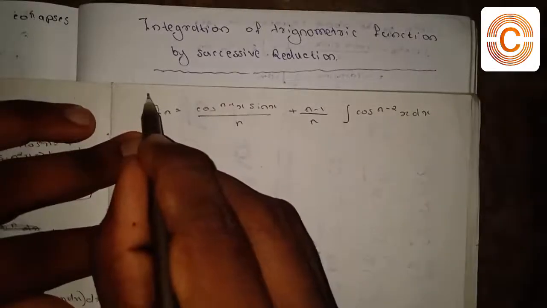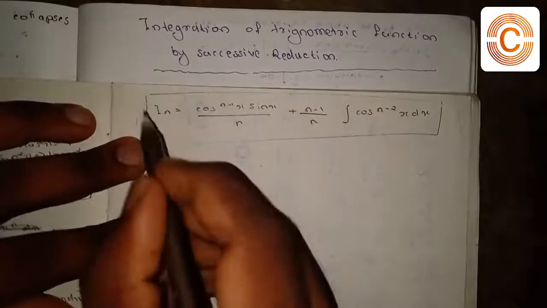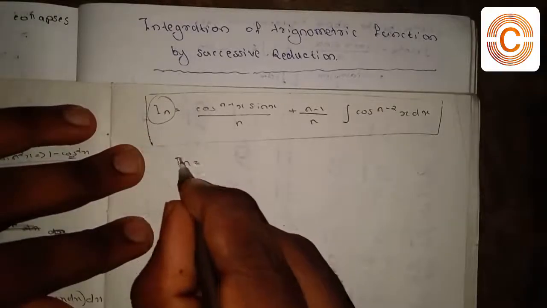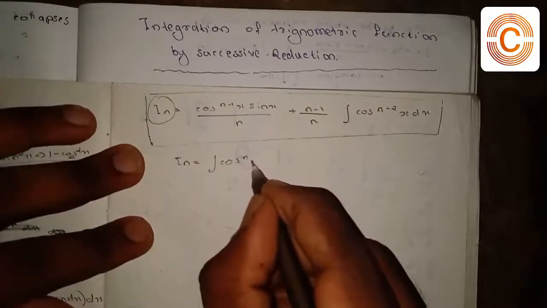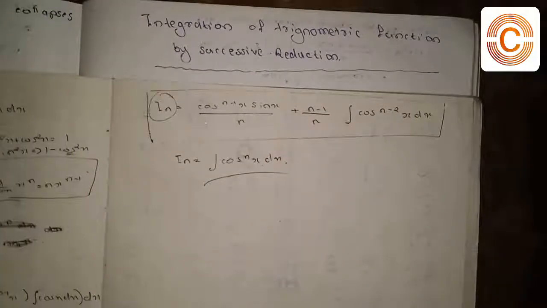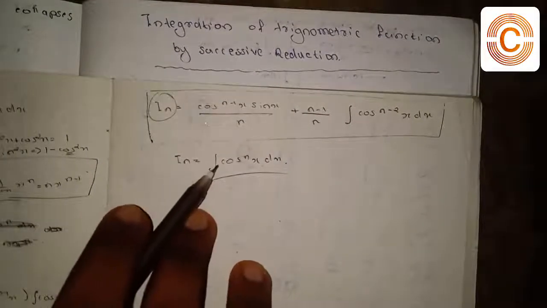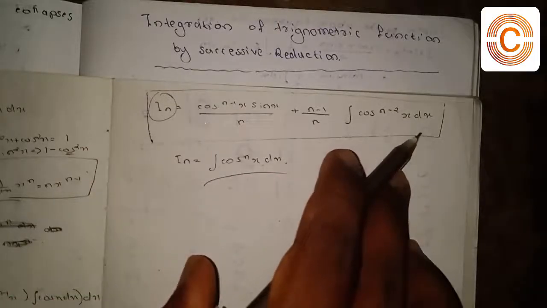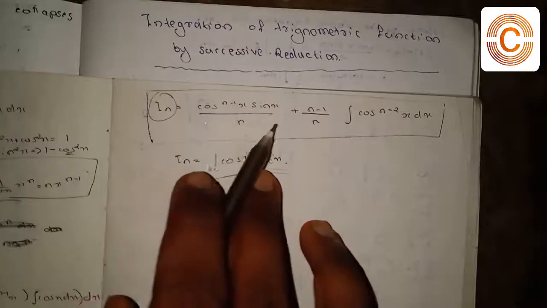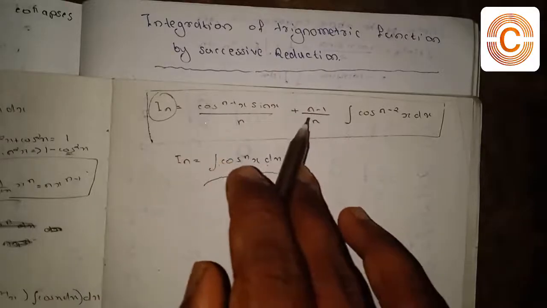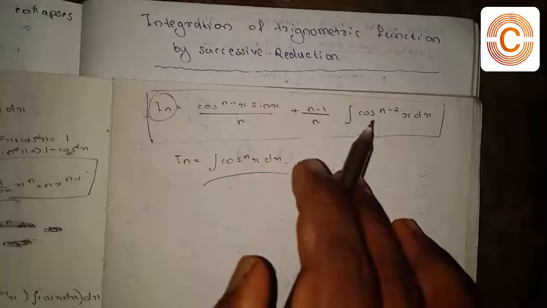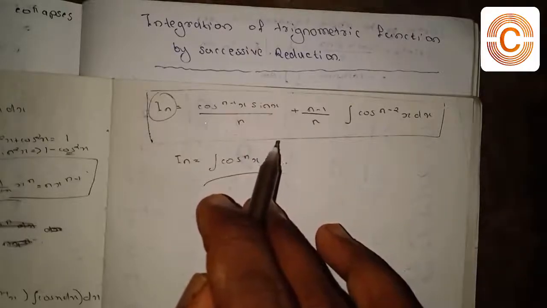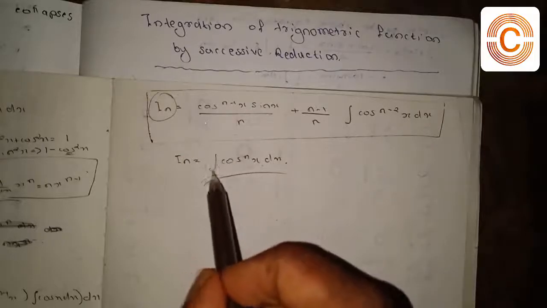This is the solution for the integral of cos^n x dx, that is I_n. So in this video we derived the expression for the integral of cos^n x dx. This is the expression: cos^(n-1)x sin x divided by n plus (n-1) divided by n times the integral of cos^(n-2)x dx. In the next session we can talk about how to use this formula